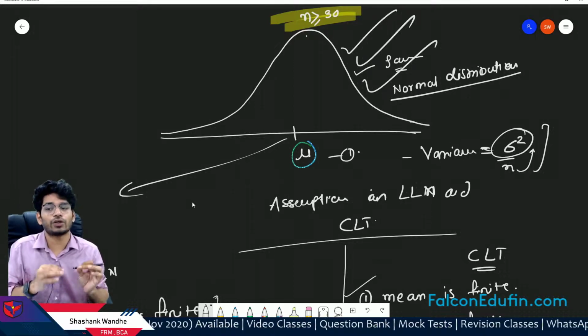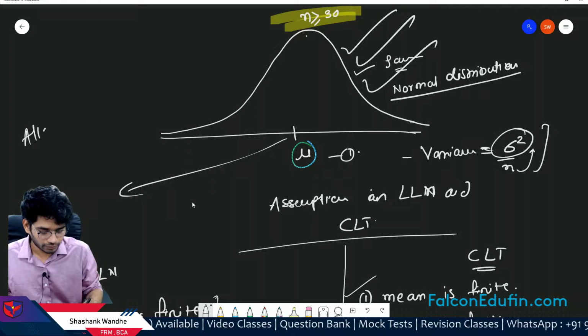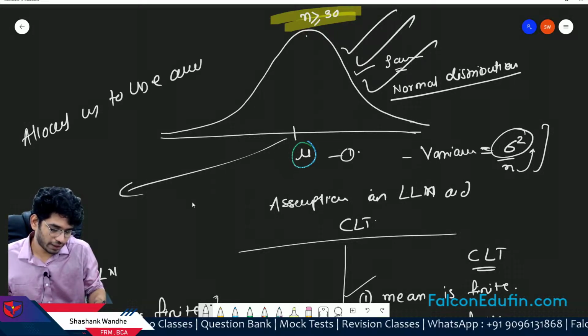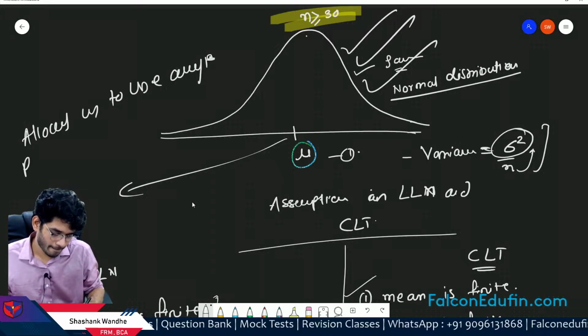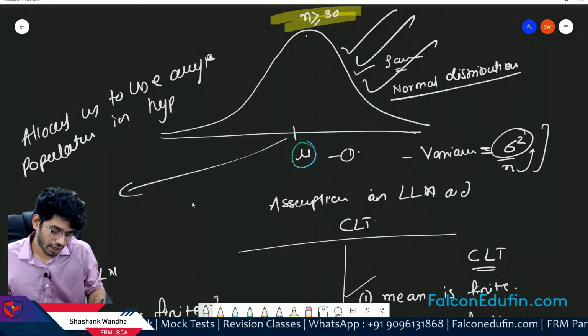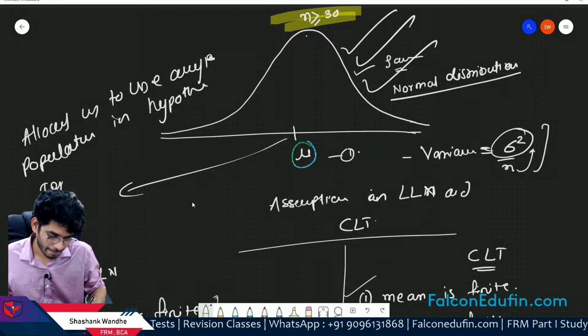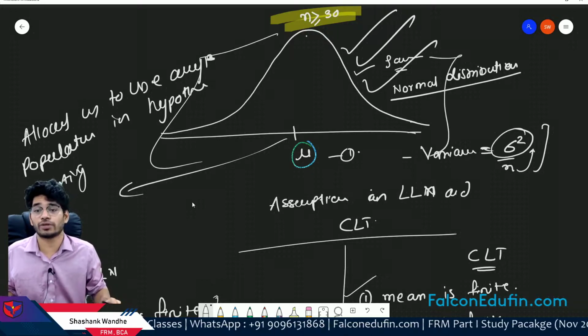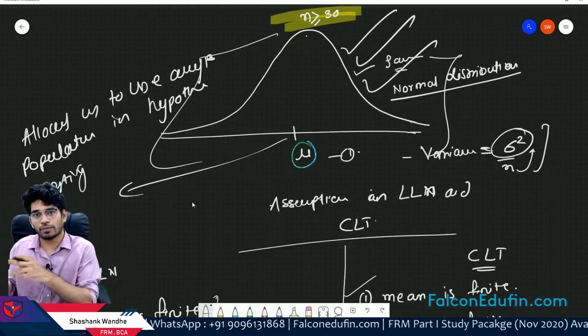So CLT is that rule which allows us to use any population in hypothesis testing, because the ultimate result is a normal distribution,